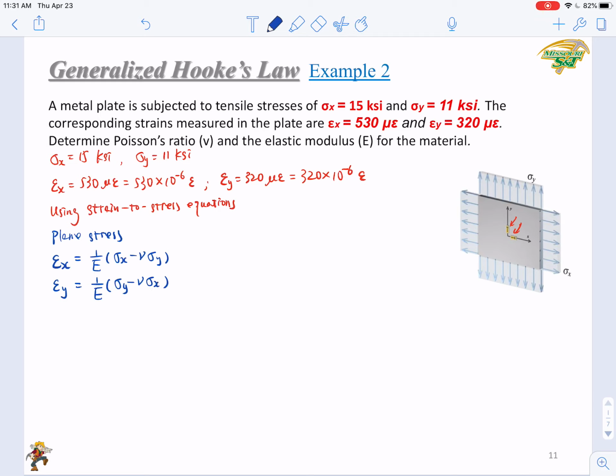You just substitute the numbers in, so you will have